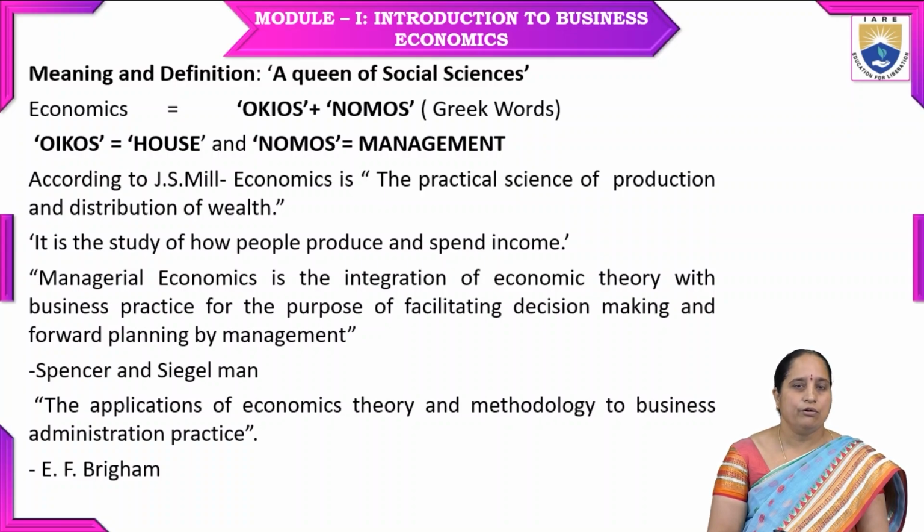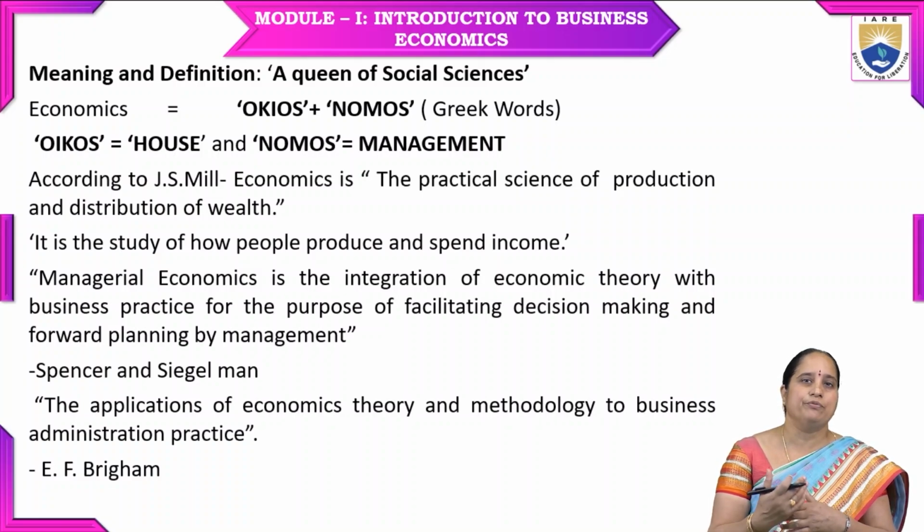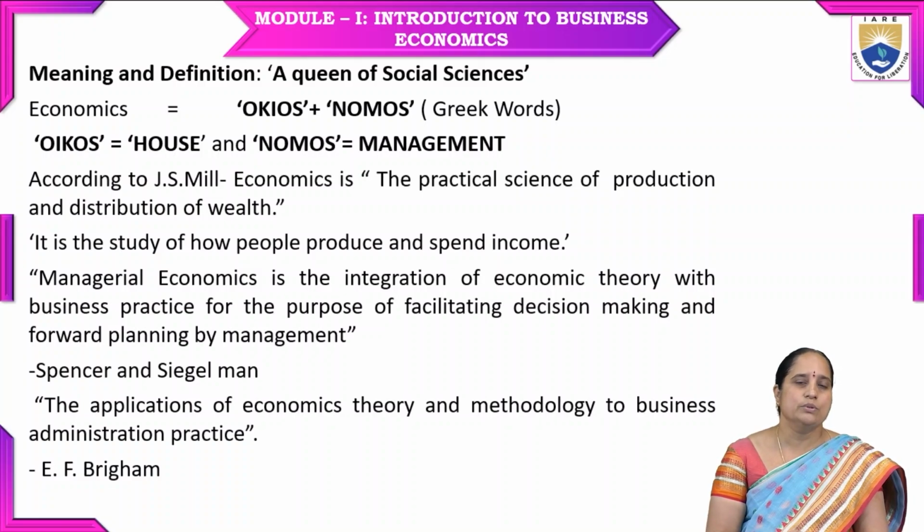It is the study of how people produce and spend income. So, economics is all about producing and spending income, how we produce goods and income, and how people spend the income in different ways